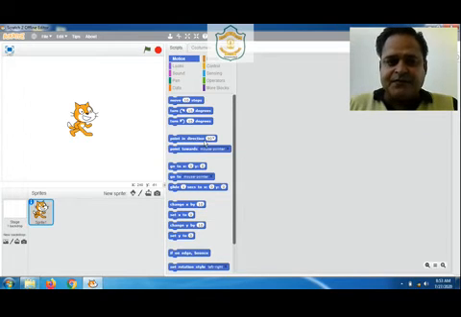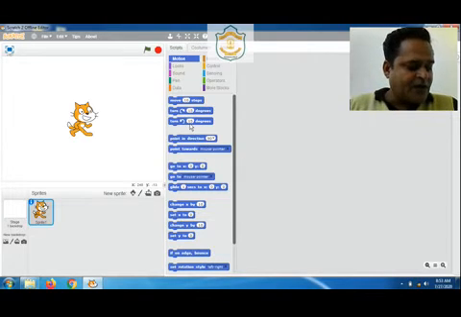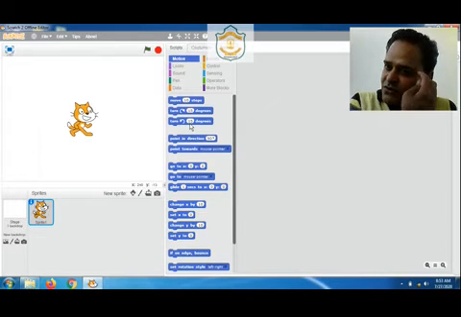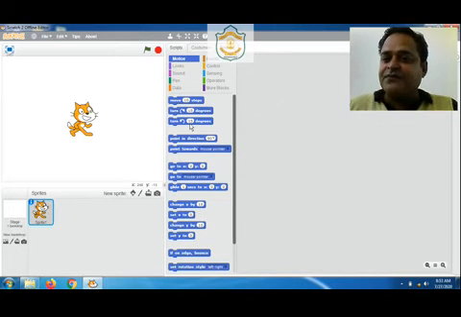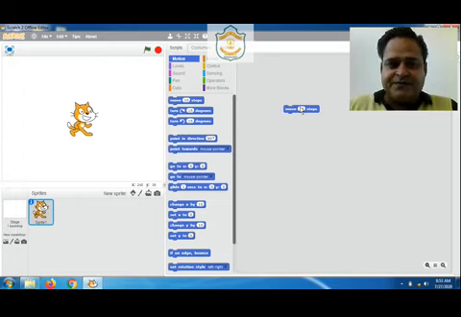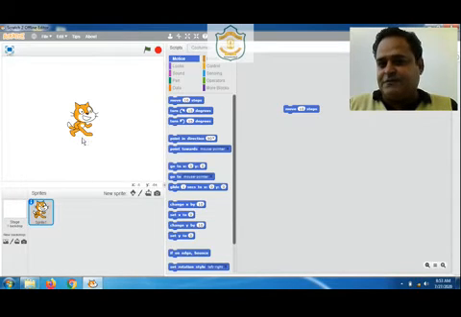From here we will use the same example which is used in the book, so it will be more convenient for you to understand. As given in the book, first we took the first block and moved it by dragging it into the script area, which was move 10 steps. That means our sprite will move 10 steps.